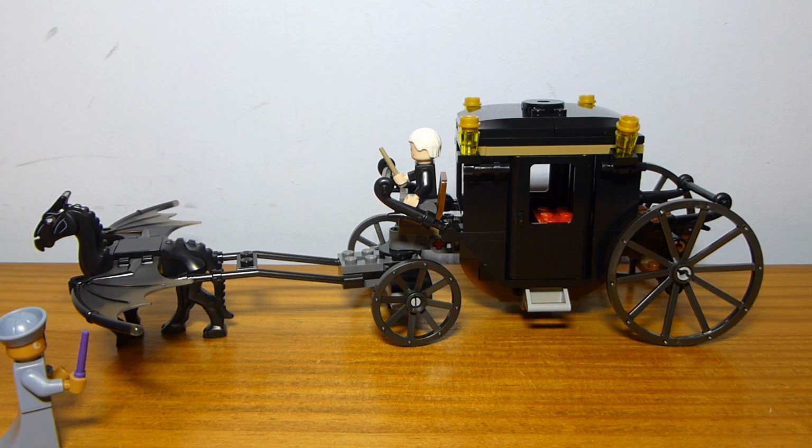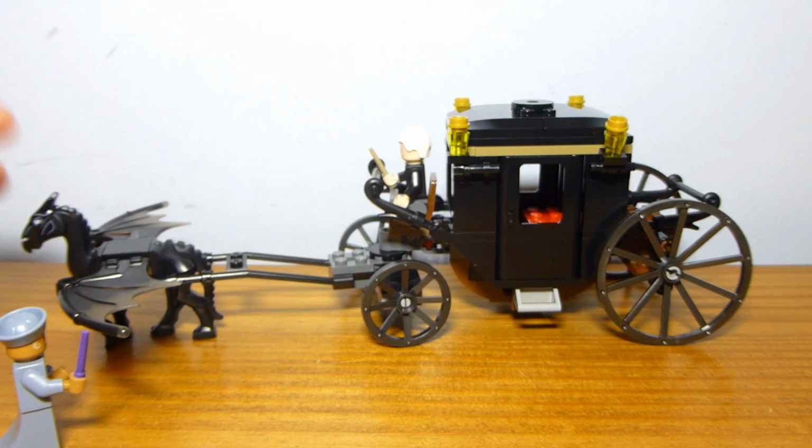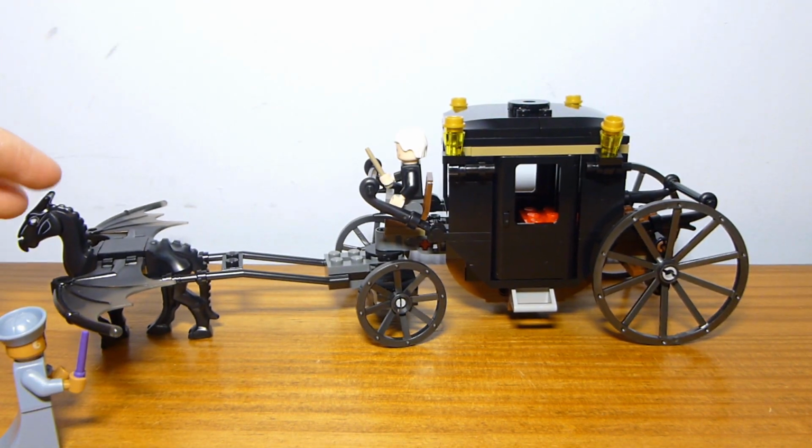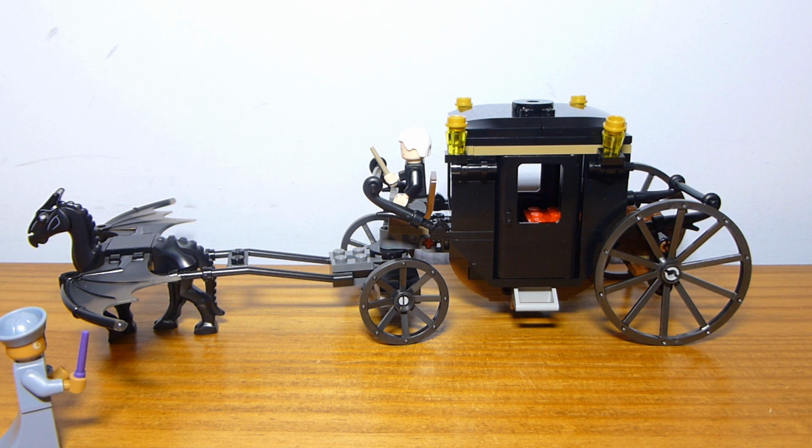and I think that it makes a fun toy regardless of whether or not you've even seen Fantastic Beasts. I think that it's a good build. I think the only part about it that really sets it in the Fantastic Beasts universe are the figures and this Thestral. But this is just a decent stagecoach. Replace this with a regular horse, and yeah, it's a little bit dark and gloomy looking, but it would work in just a regular